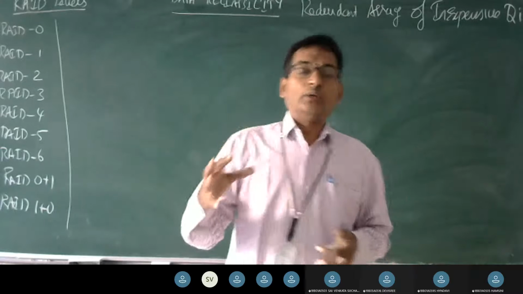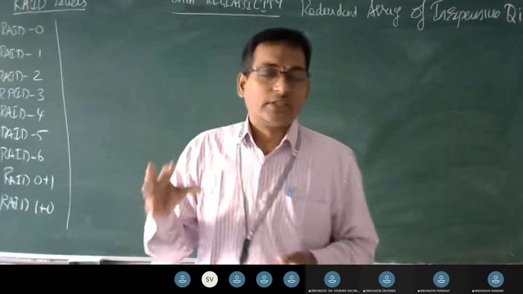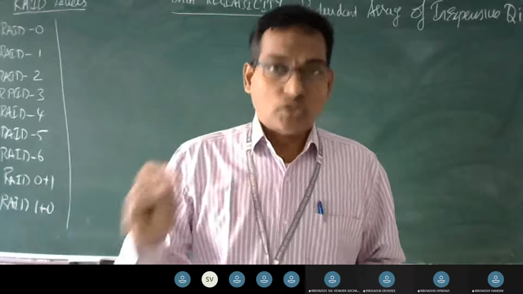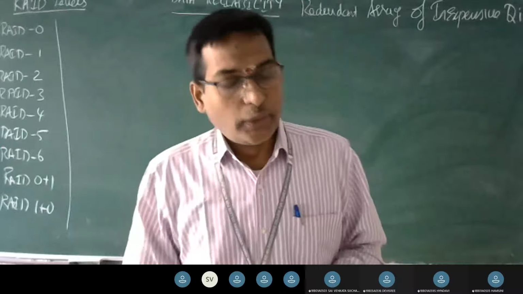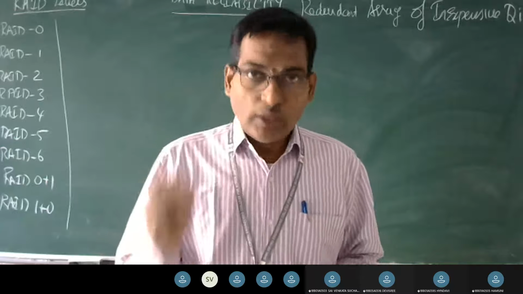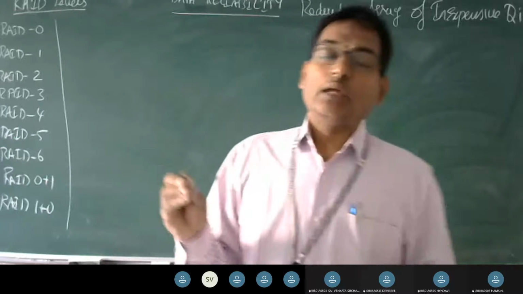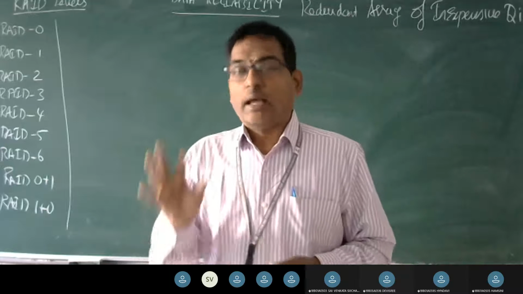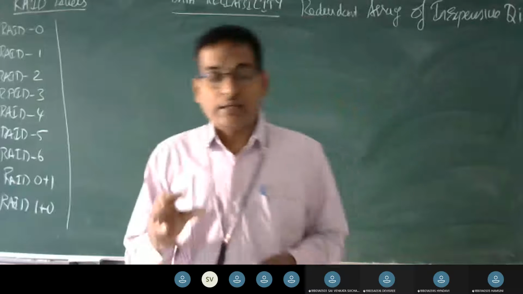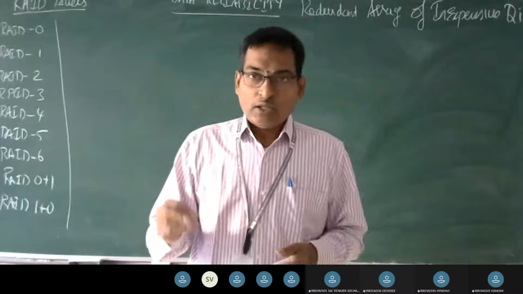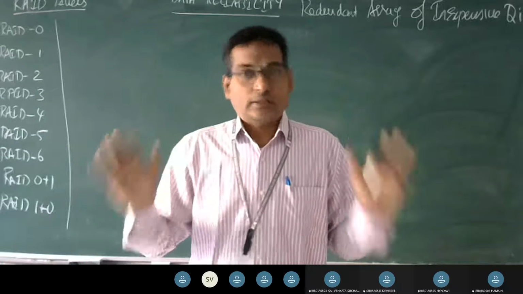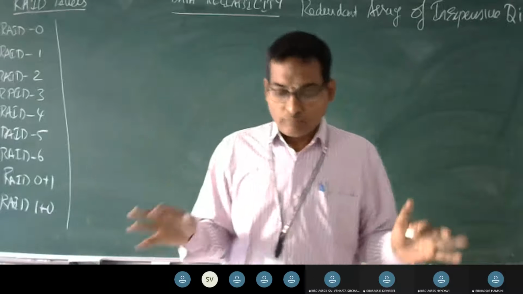When we call something reliable, obviously we expect that there should not be any loss of data. When we mean that it is a reliability concept, then we assure that there won't be any loss of data. At that time, we assume that as data reliability. So the data we take should not have any loss in it. Then we say it is reliable.